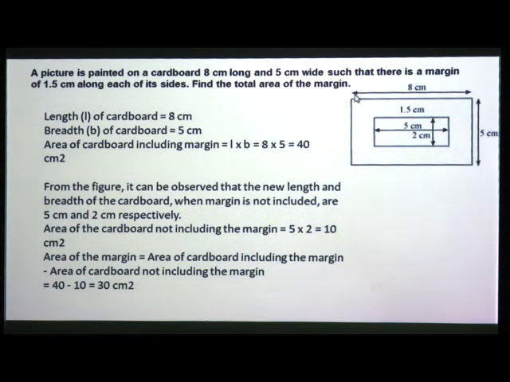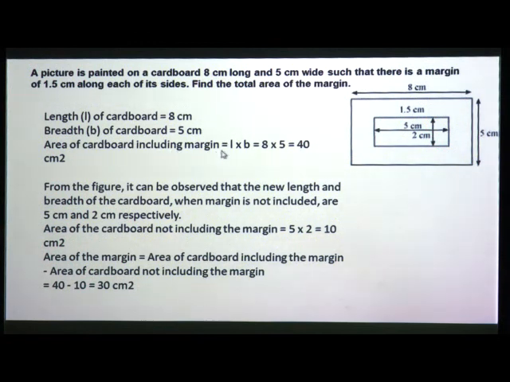First we have to find the area of the outer rectangle, then the inner rectangle, then we have to do the subtraction. So, step by step we will see what is given in the question. The length of the cardboard is given as 8 centimeter, the breadth of the cardboard is 5 centimeter, and the area of the cardboard including